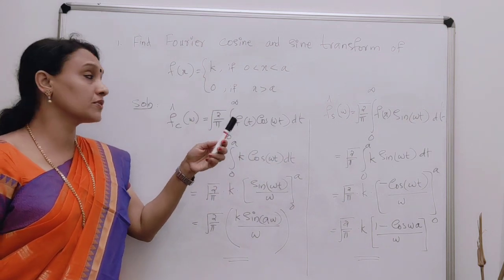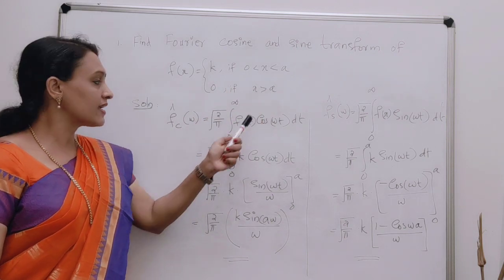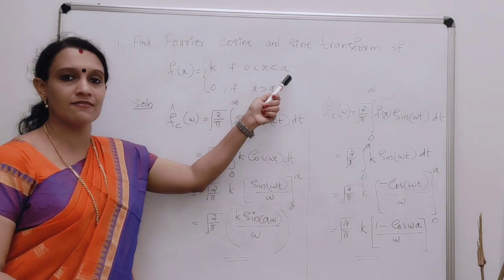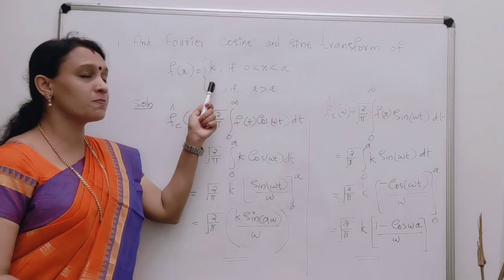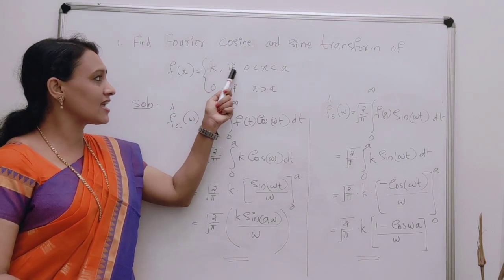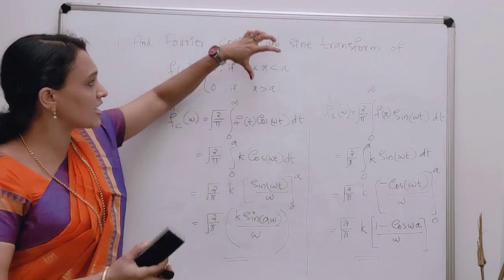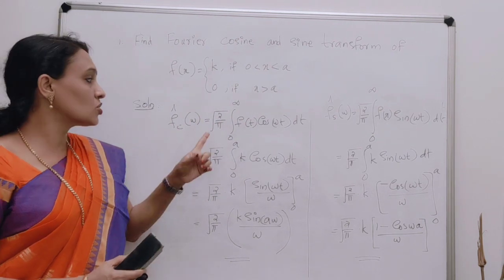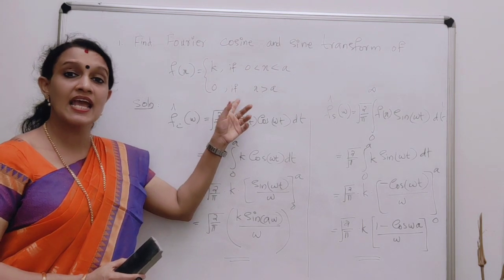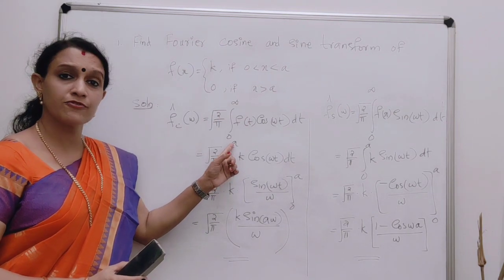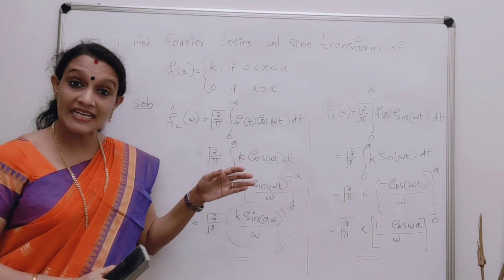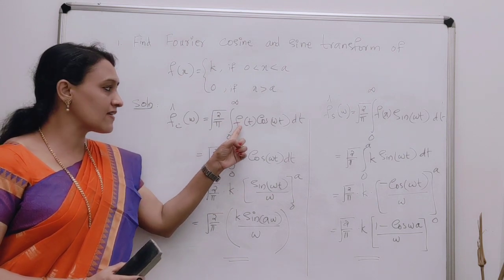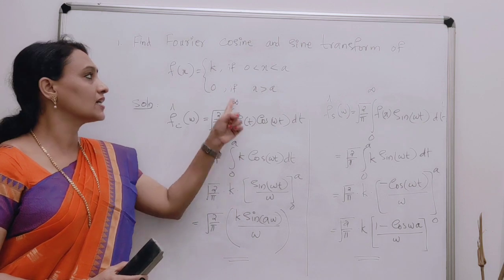I told you in most of the videos, you look at the interval given. We can't write directly 0 to infinity everywhere. Look at the interval given. The function is given in two split up forms, and f of x takes k if 0 less than x less than a. So up to 0 to a we have the function f of x, and for the remaining part the value of the function is 0. So integral from 0 to infinity becomes 0 to a. For the other intervals, the value of the integral becomes 0. So we need to consider only integral from 0 to a. And what is the value of f of t? f of t is nothing but k.